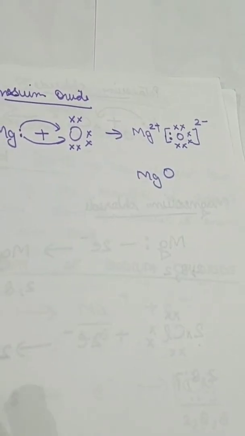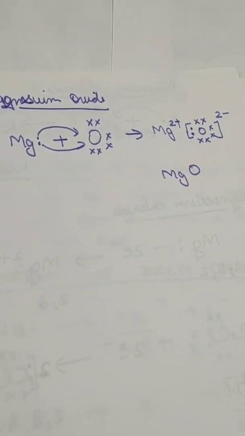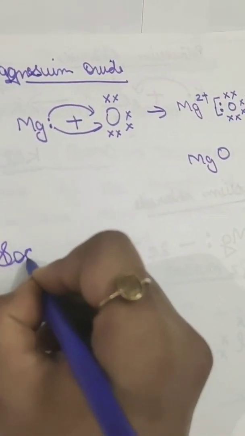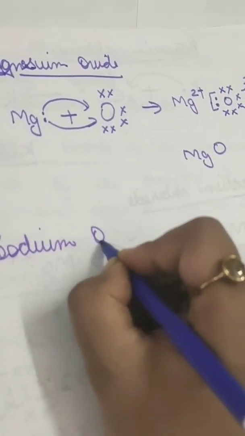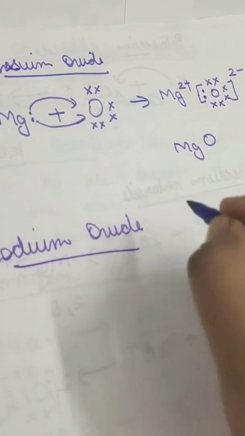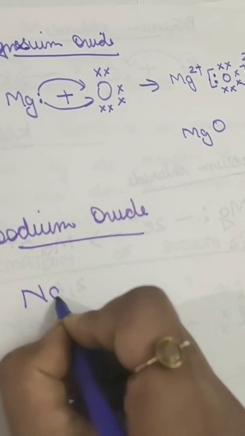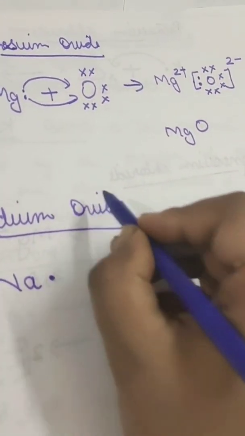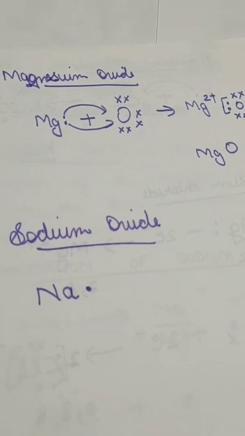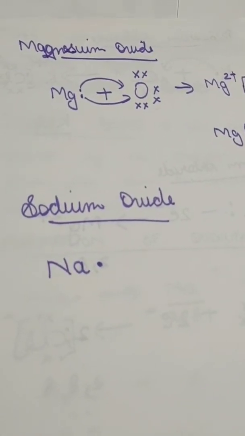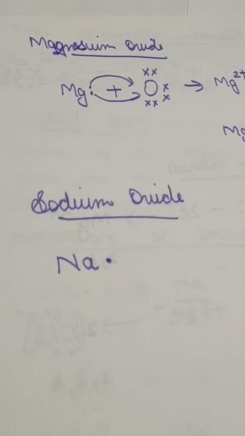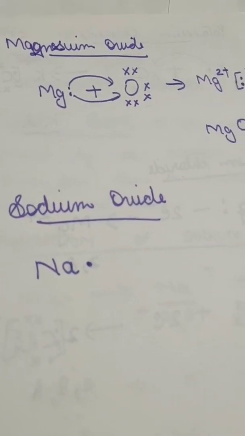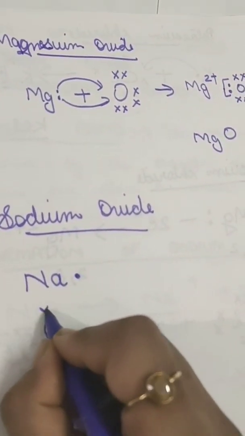MgO. Now one more example we'll take, sodium oxide. Okay, now sodium oxide is sodium Na, and we know that Na is having only one electron in its outermost shell. So one Na will be just giving one electron to the oxygen, but we know that oxygen wants 2 electrons to complete its octet structure. Since oxygen is having 6 electrons in its outermost shell, this oxygen needs 2 electrons,